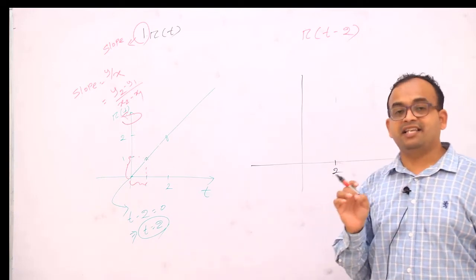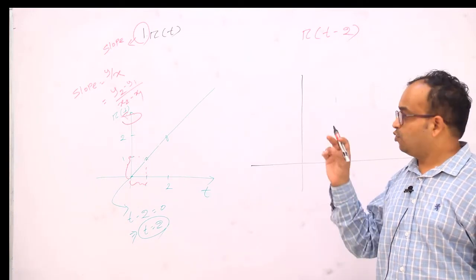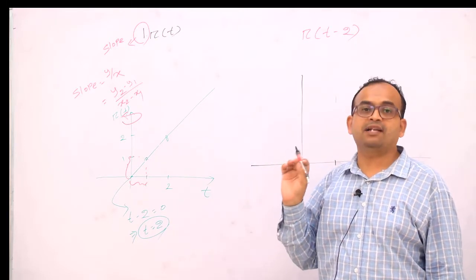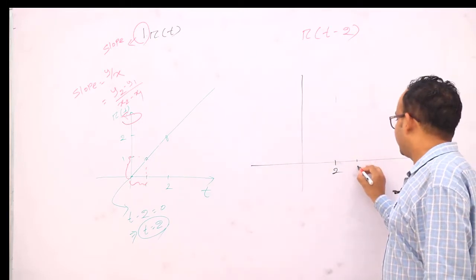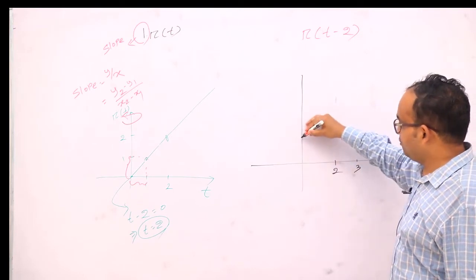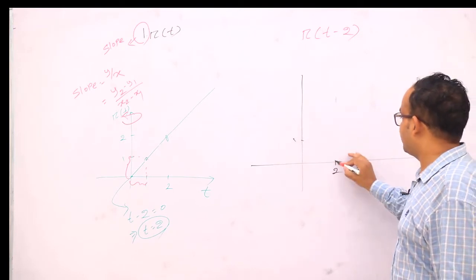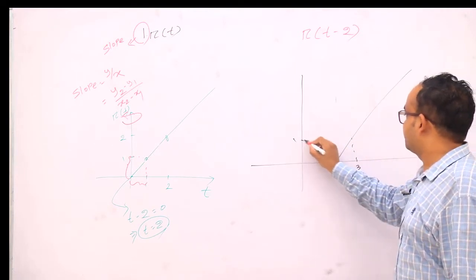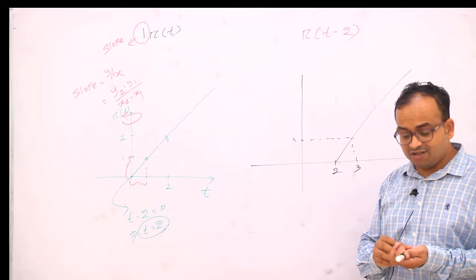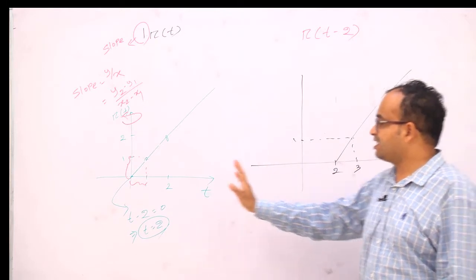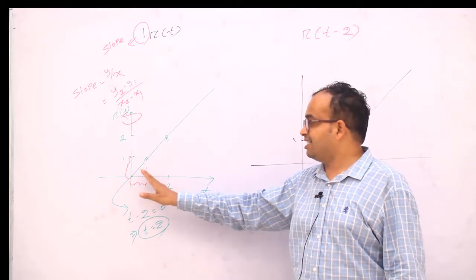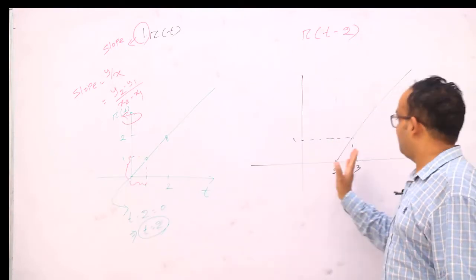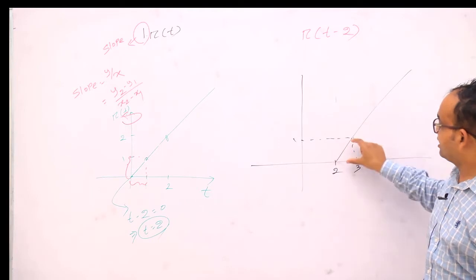Now another thing you have to observe is that we know the slope will be 1. So if this point is 3, this point will be 1. Remember these things: we cannot change the slope here. Only the signal is shifting toward the right. We cannot touch the slope. The slope will be the same, meaning if this is 1 unit, this must be 1 unit.